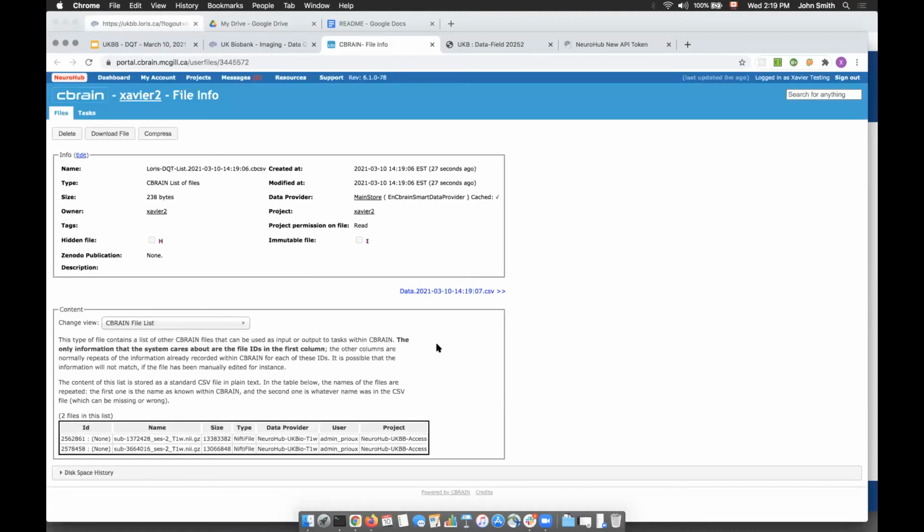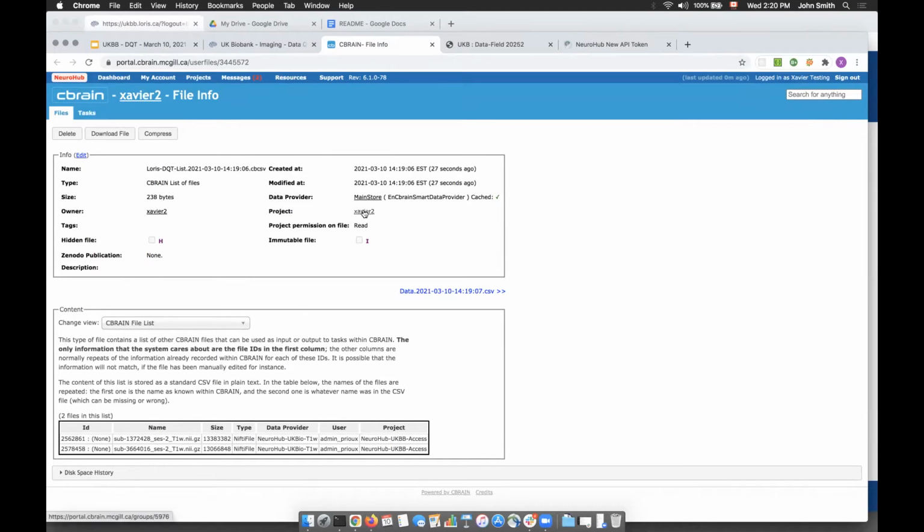This provides a list of file names in a specific project, which is the NeuroHub UK BB Access project. This is why you need to have access to that project. It creates a single file that maps the file ID in CBrain to the base name.